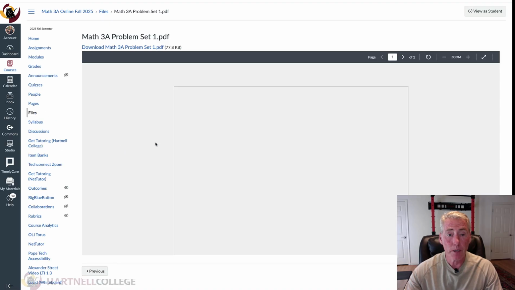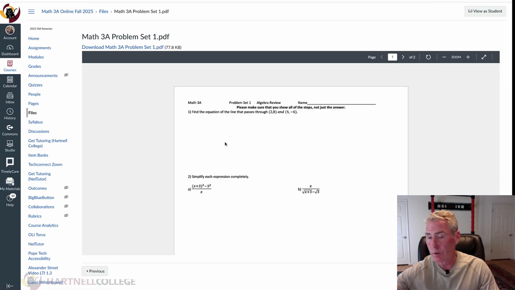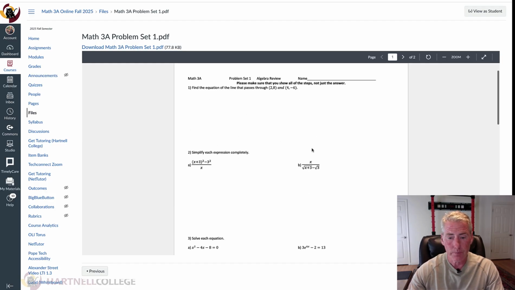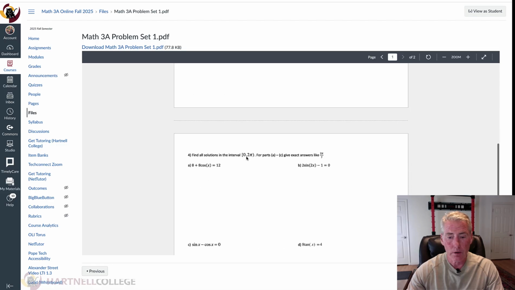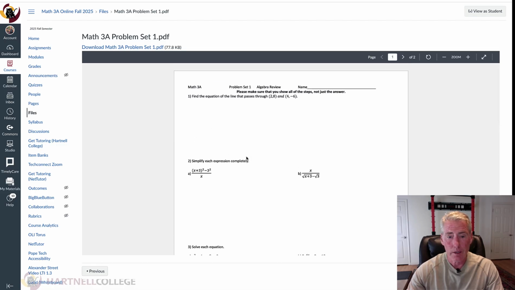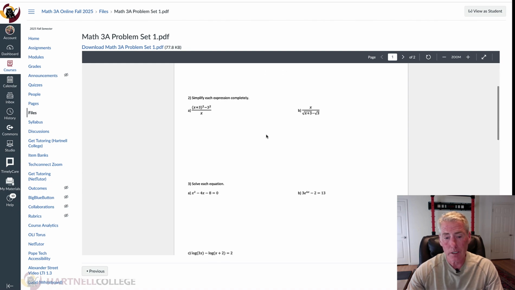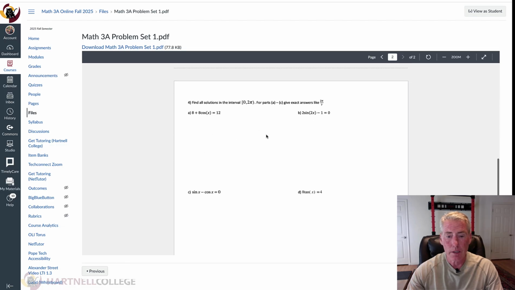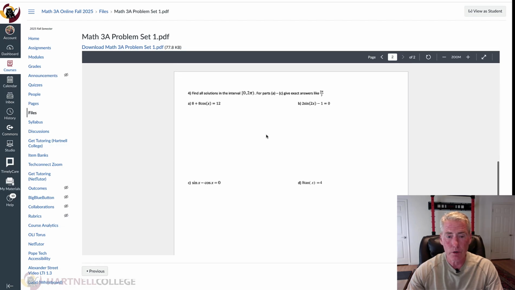And it would be best if you could either print it out, or if you've got a tablet, you can upload it to your tablet and then show work in the space provided. And they're always just 2 pages long, so pages 1 and 2. And then this one is review. It is algebra / pre-calculus review on this side, or this first page, and then it's trigonometry review for the